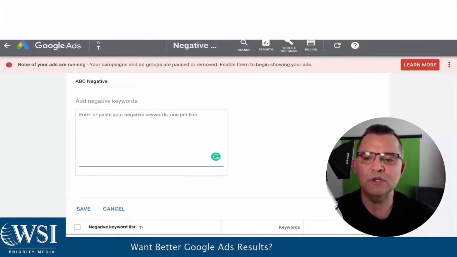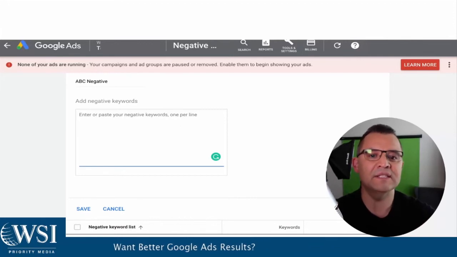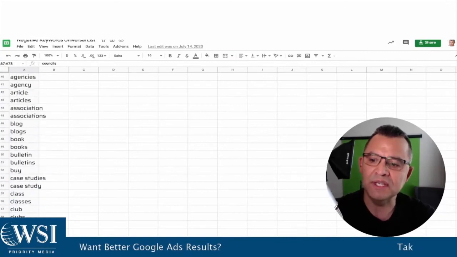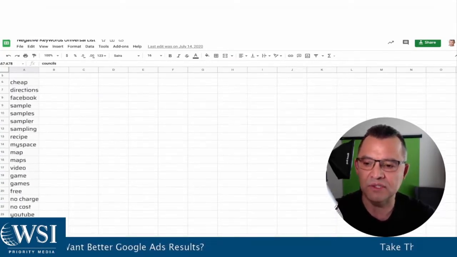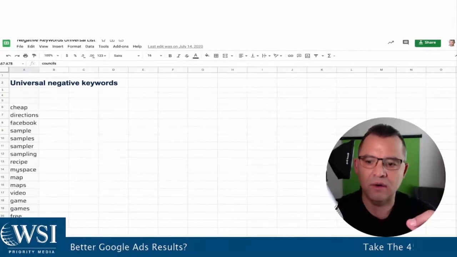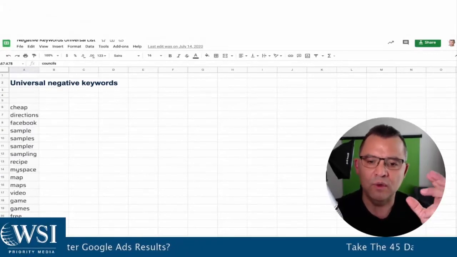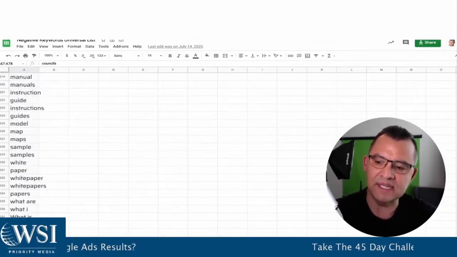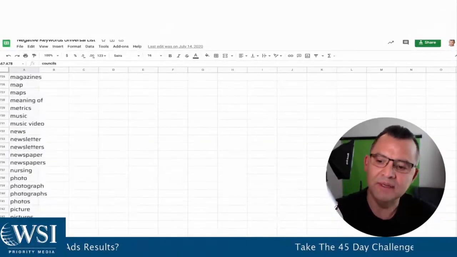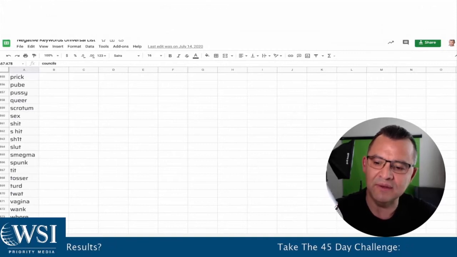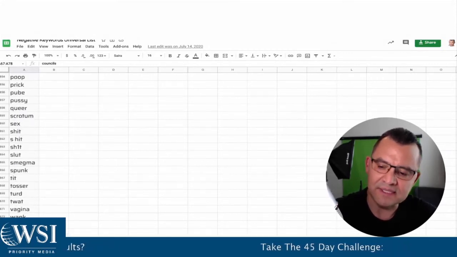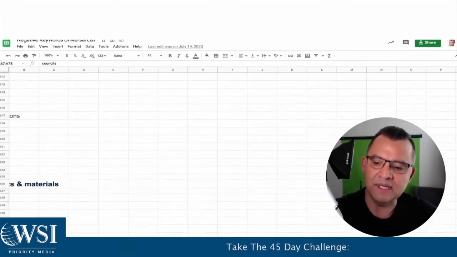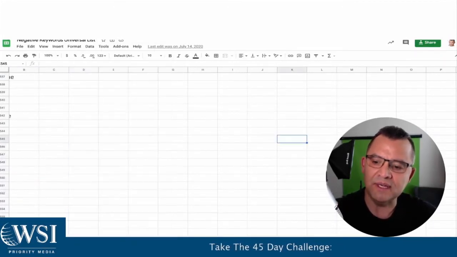And I told you as a special bonus, I'm going to give you a list of the most common keywords, the ones that we use in our campaigns. This is a spreadsheet. This is our negative keywords universal list. And we use this in our own campaigns in our agency. When we turn on a campaign, we'll pull up this data right here, and it gives you a set of, geez, I don't know how many. Let me scroll as fast as I can on my good old trackpad here and see how many. I've got about 873 negative keywords, and they're built into different segments here.